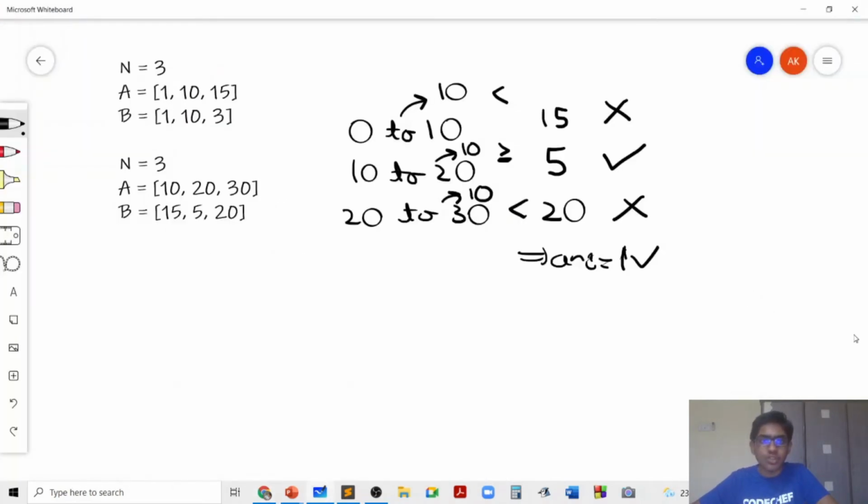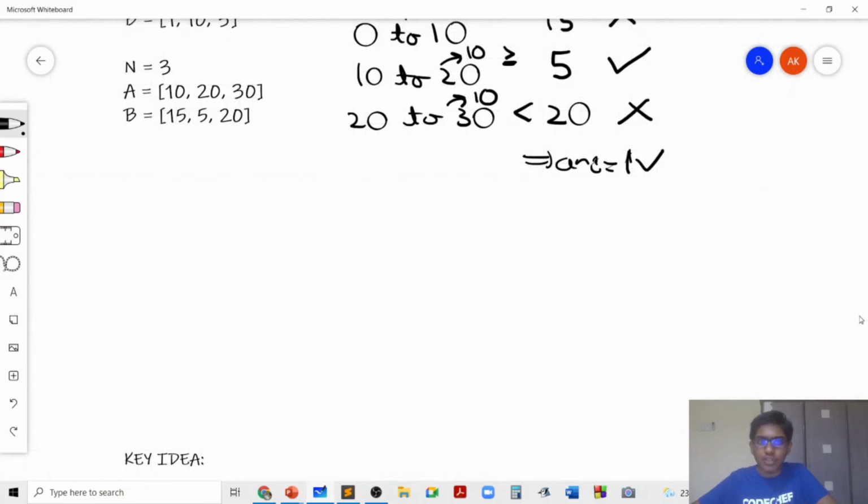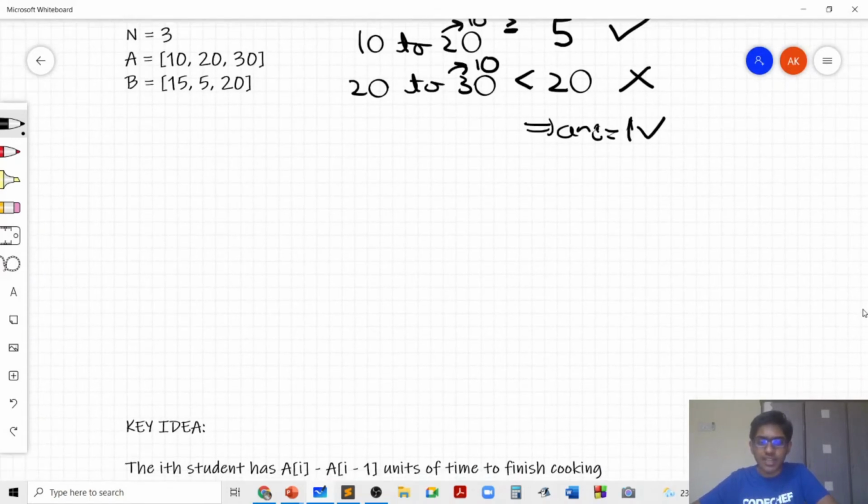Now, based on these examples, I'll build a very simple solution for this problem. The key idea is to analyze the two variables we require. The first variable is the amount of time the student is getting.